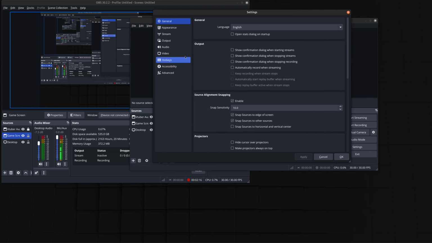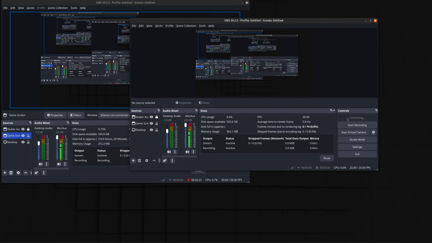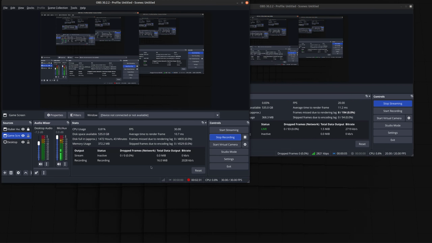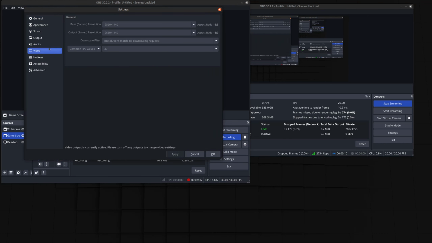Oh yeah, that's right. I can also change this down to 20 frames a second. And just hit streaming. So now I'm streaming and I'm recording. I don't know if this will actually affect this thing live. Nope, it will not. Well, I'm only recording in 30 frames a second. And after that,